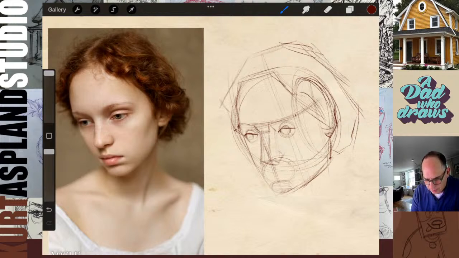Let's get the eyelid, the top eyelid on the right hand side, and it's coming up and above. It's feeling the curve going around that eyeball.